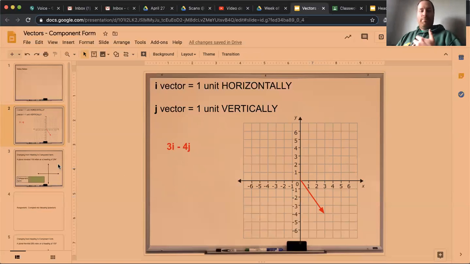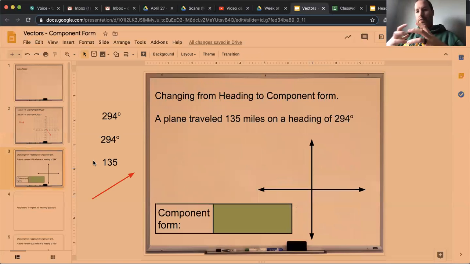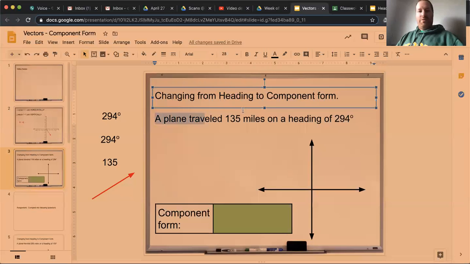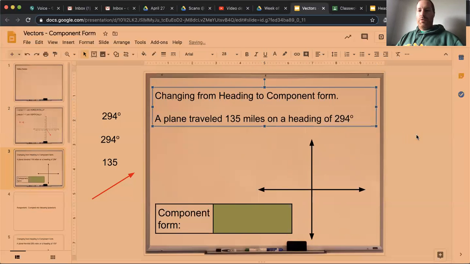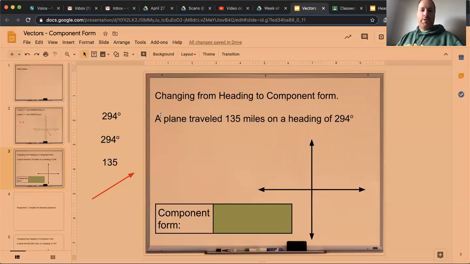So what I want you to concentrate on today is how we change from the terminology that we have been using into this new component form. So here's one example. I just made up a few examples for you to work on translating. So this one is 135 miles at a heading of